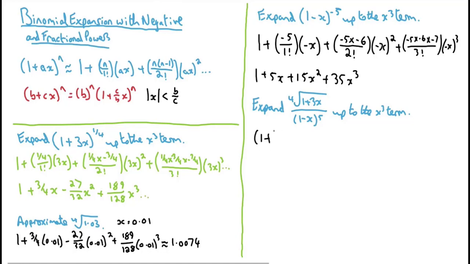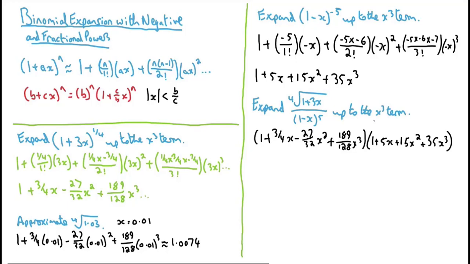be our 1 plus 3/4 x minus 27 over 32 x squared plus 189 over 128 x cubed times by 1 plus 5x plus 15x squared plus 35x cubed. Now, to times these all out would lead to a number of terms. However, we do have a slight shortcut in that we only need to go up to x cubed. Certain powers times together would give us a value that's greater than that, so we don't have to worry about